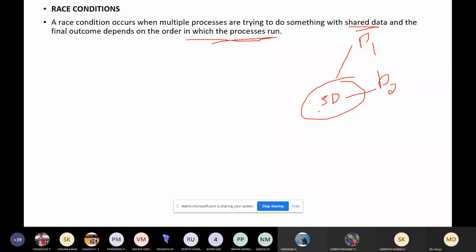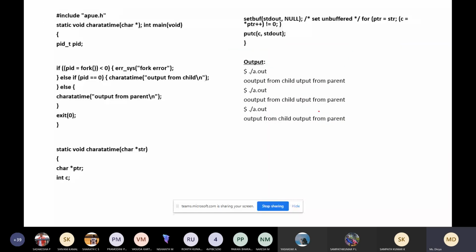You can see here this is our main function, which has a function definition. This is a function which is declared here, and this is the complete function. Now what we are doing here is we have the main process, and here we have a child process. So this is the main process and this is the child process.